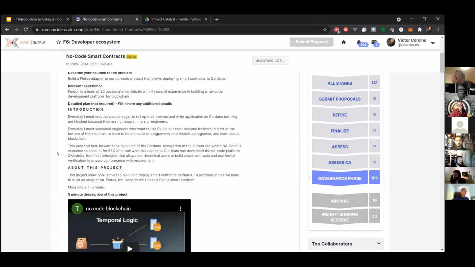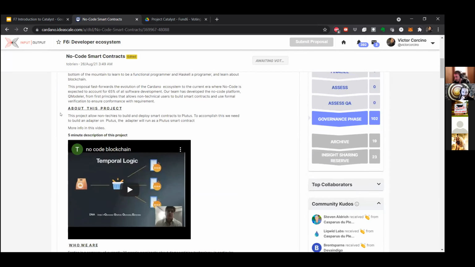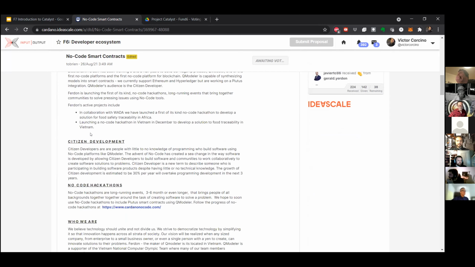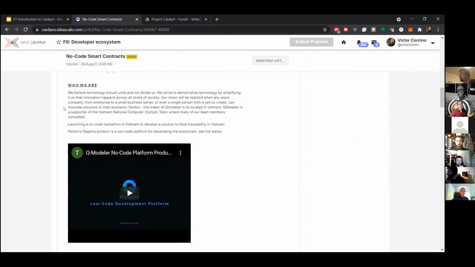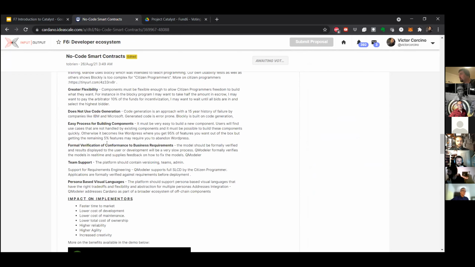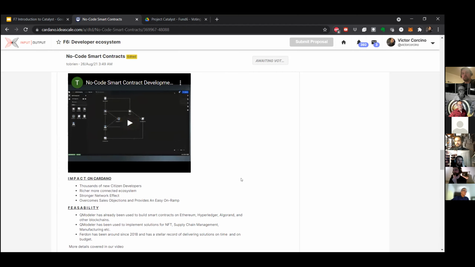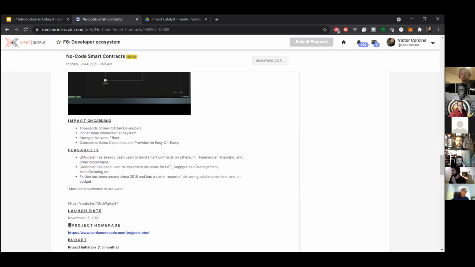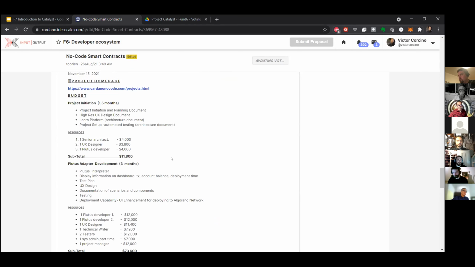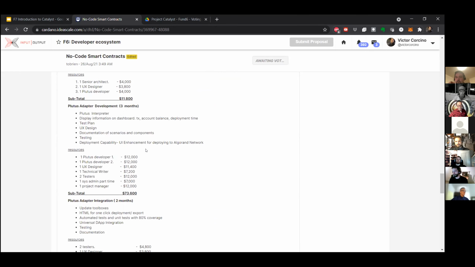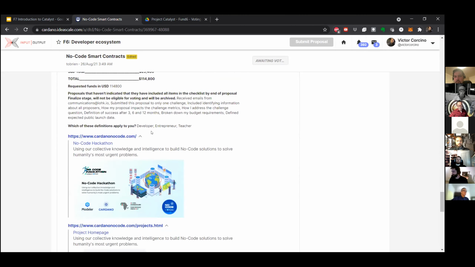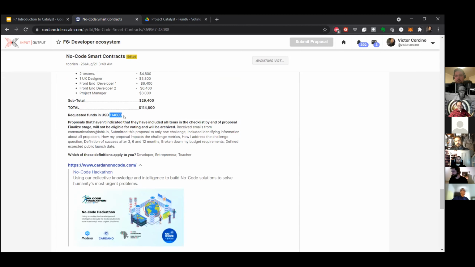And for example, this proposal, they wrote down an introduction, then some more information about the project, some information about the team, the development, some hackathons that they want to do, some more information about them. And yeah, so you can see you can attach videos. At the end, you can add some pictures as well, some other links to social media, for example. Some budget explanation here. It's also almost always very important to explain how you're going to spend the funding money. And at the end, you need to input the amount of funds that you are going to request.